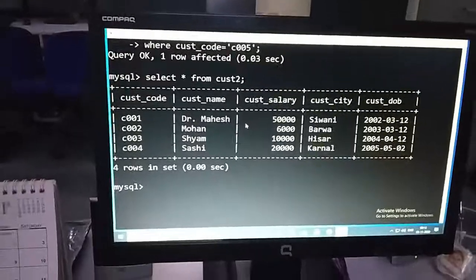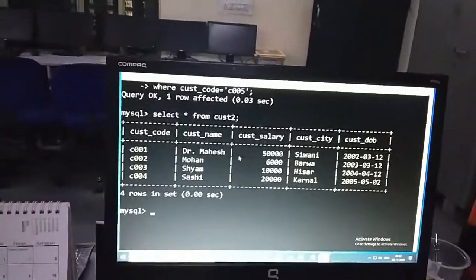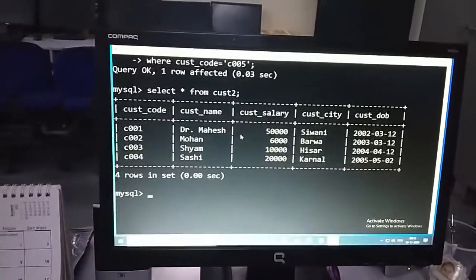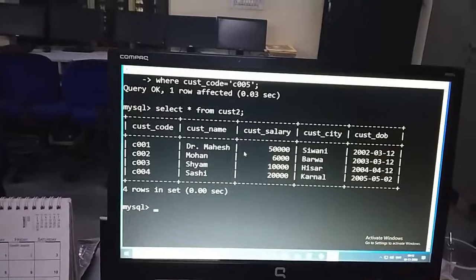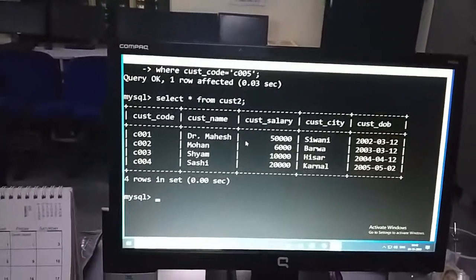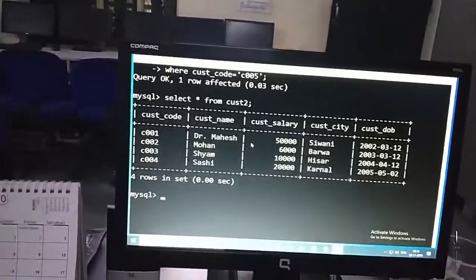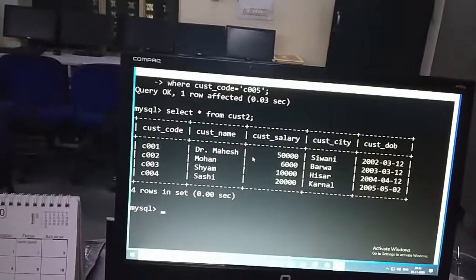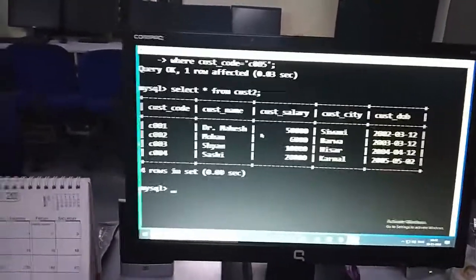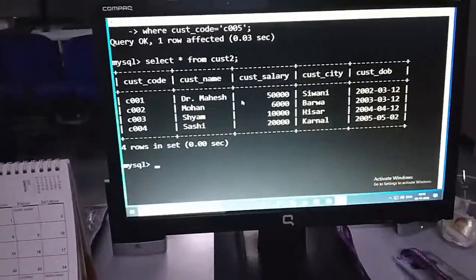There are 3 applications of the alter command in your book. One is to add a column. I'll show you how to add a column in the existing table. To add an integrity constraint, you can apply a constraint as you have seen earlier also. I'll show you again. In this case, cust code is not primary. If I want to create a primary, I'll create it. And to redefine a column, that is data type, size, all three flavors of the alter command I'll show you. First, see how to add a new field into the existing table.